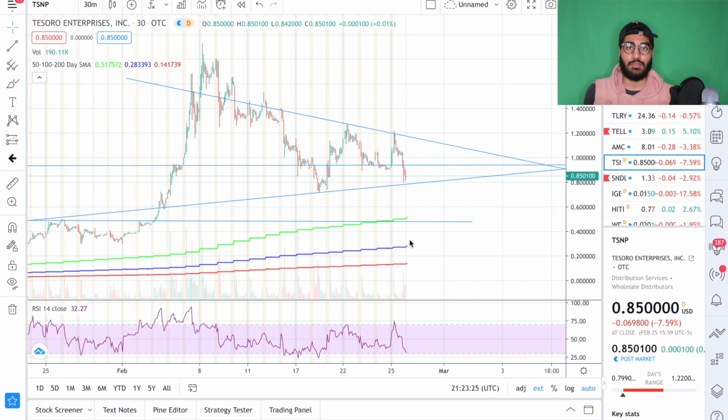And so what happened here, we had a reverse stock split, 1-to-4 ratio. So those of you who don't know what happens, whatever your average cost now is, multiply that by 4. And then whatever your share count is, divide that by 4, and so you will get exactly what you're holding. And so in the case of TSNP right now on TradingView, we don't have the updated ticker today,